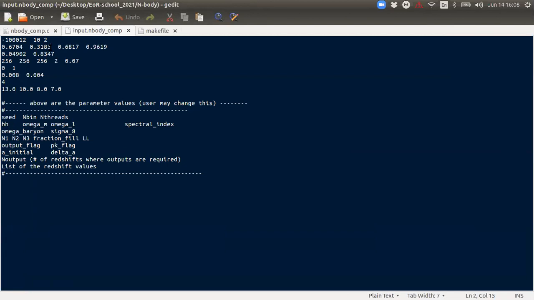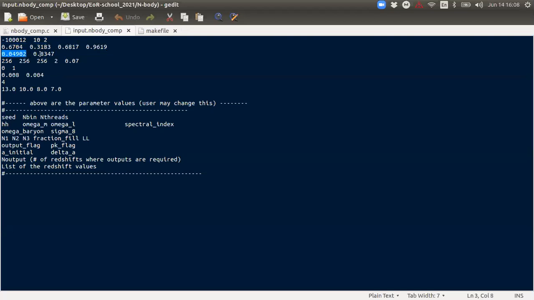The next row here is dedicated to the cosmological parameters. The first number is the small h, which is 0.6704 from one of the Planck papers. We have taken this number. The next one is the omega matter, then the omega lambda, and then the spectral index of the power spectrum, which Planck measures.